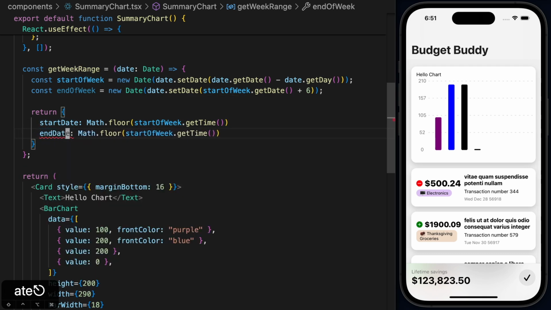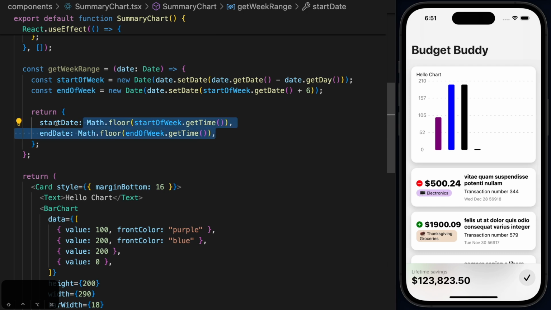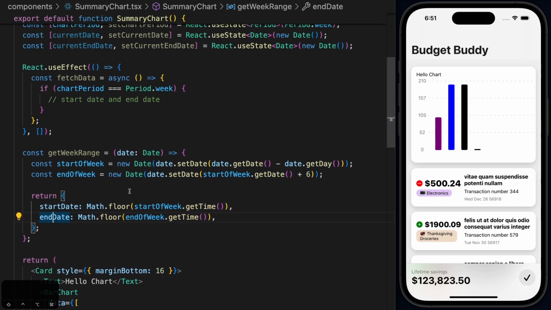So end date is going to be equal to end of week dot get time math floor, and I'm missing a comma here. All right, and let's hit save. So, this is not too complicated. Basically, we're just getting the start of the week, the end of the week date, getting the milliseconds, and returning it. All right, so now that we can calculate this based on the current date that we're passing here,